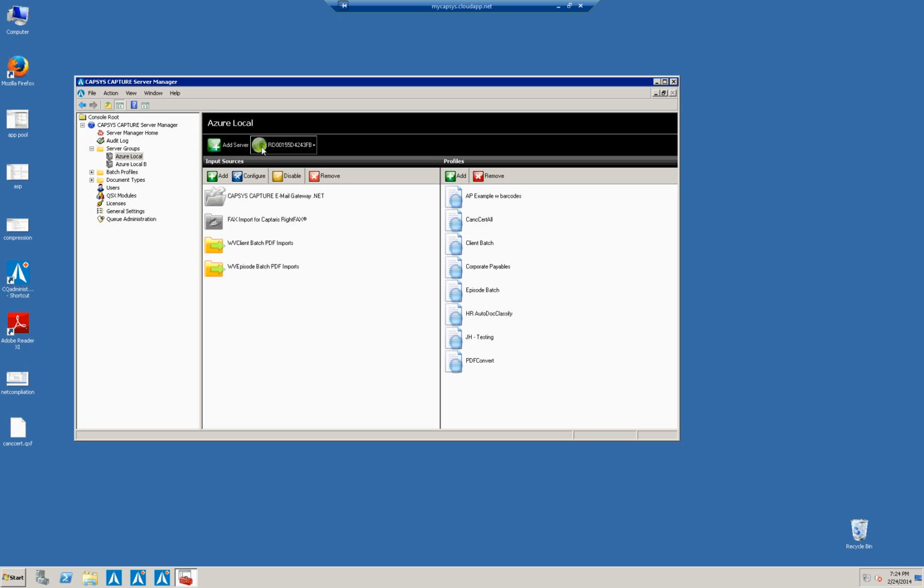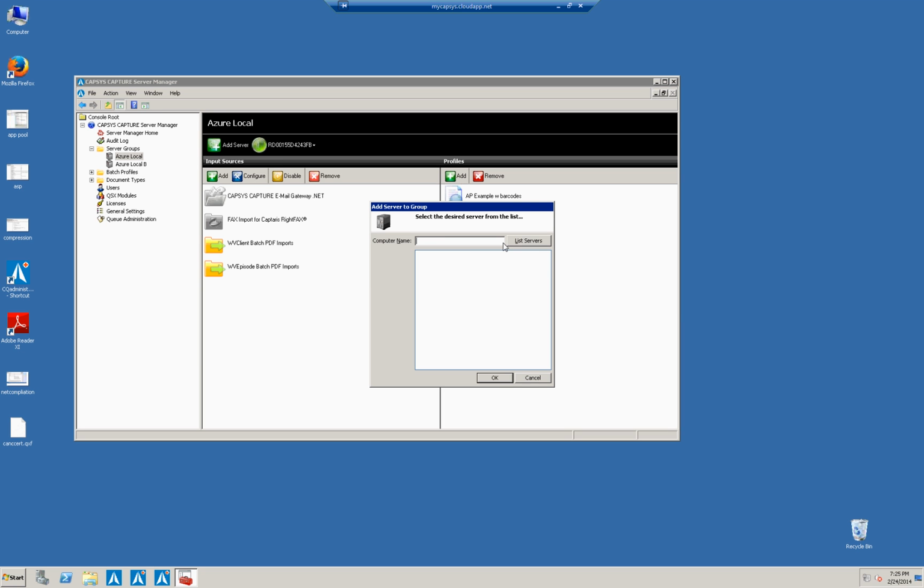more database lookups. It may require that you add not just additional processors to your server, but actually add an entirely new CAPSYS server to your configuration. So to do that, you procure a new server instance from CAPSYS. We generate a new license file, and that license file will allow you to have another server under the management of this console. In that scenario, if I want two or more servers to work in cooperation against the same batch profiles located over here on the right hand of the screen, I would use this Add Server button and